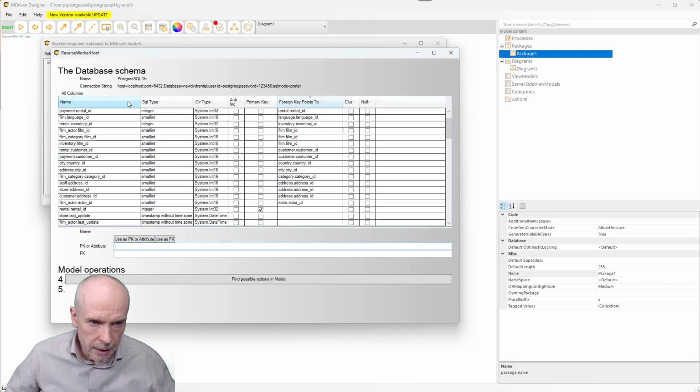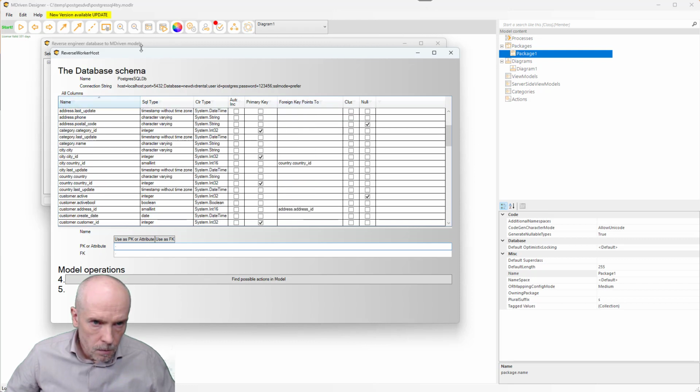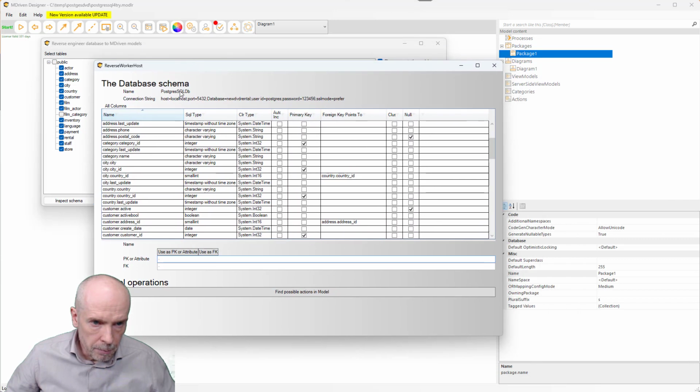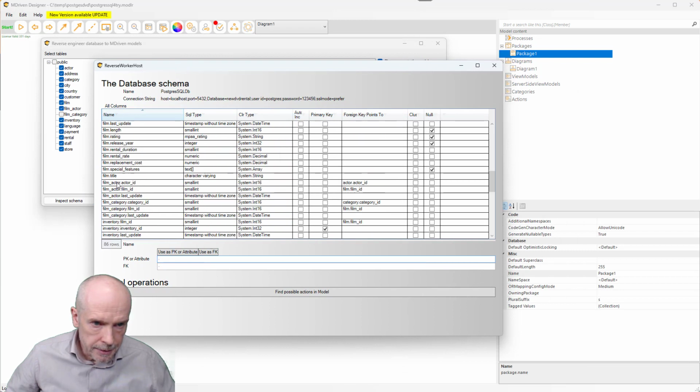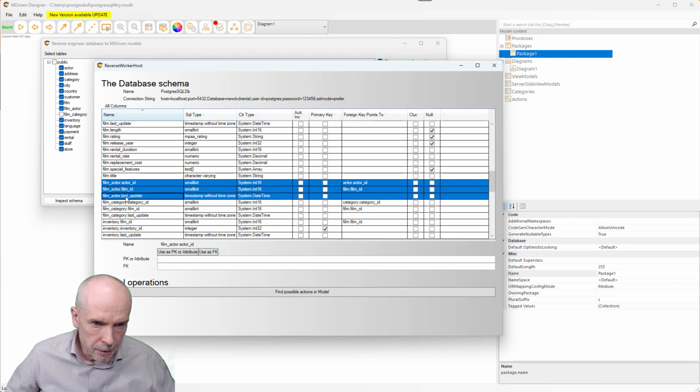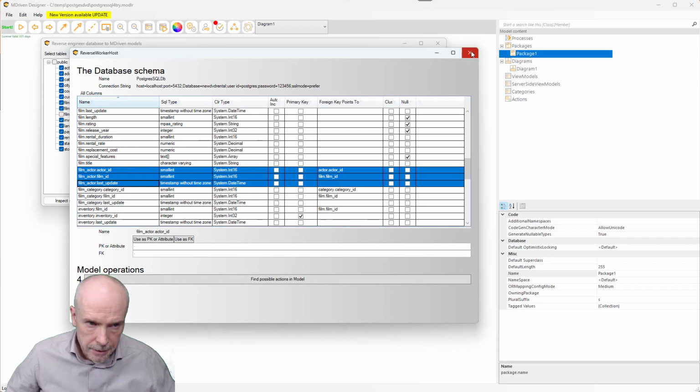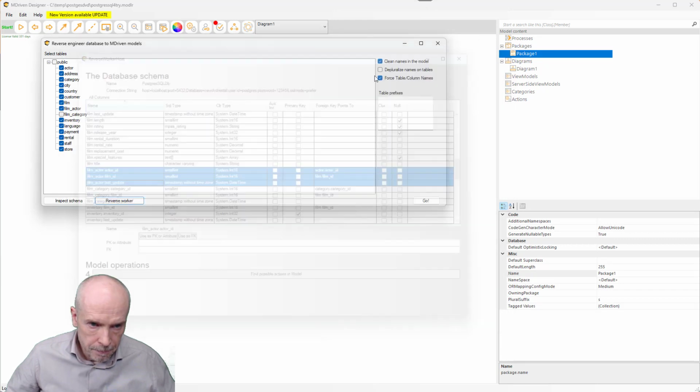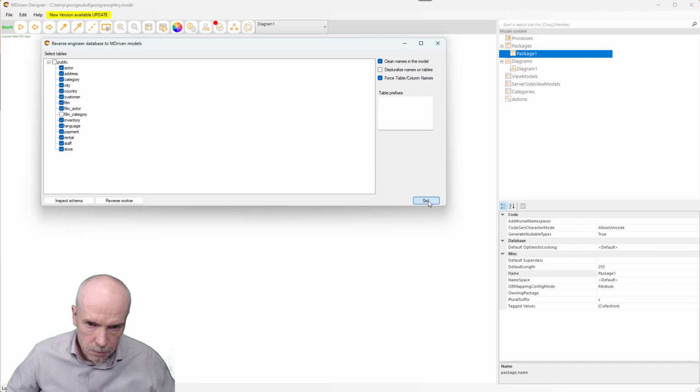If we were to look at film actor, it looks like this. There are only like 3 attributes and no specific primary key. So we'll need to deal with that manually. Not a problem. Just press go here,